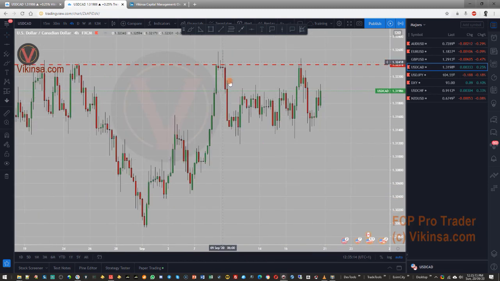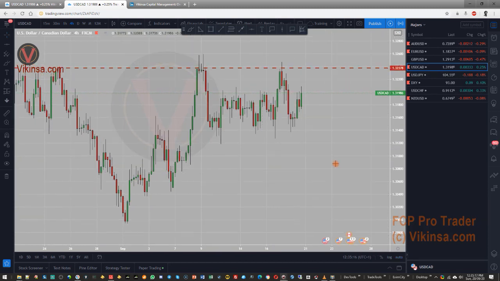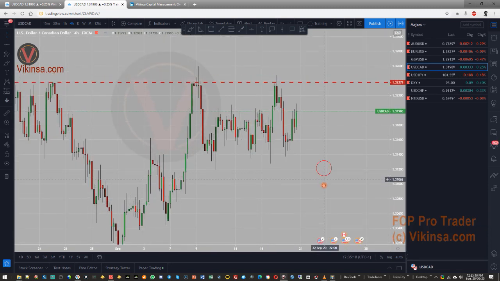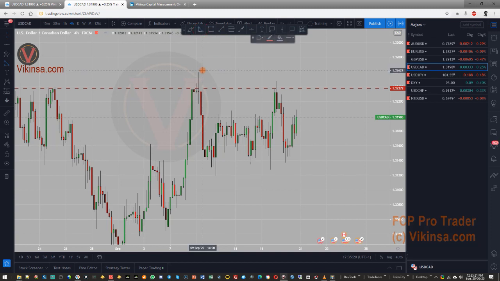So the market kind of created a double top. Now there are no double tops or double bottoms or anything like that. Everything can be classified clearly into W and M patterns. So this is a complex W pattern. There is another midpoint here, which we can define something like this. So there are multiple W patterns, and I was able to take a short position right from there, and it